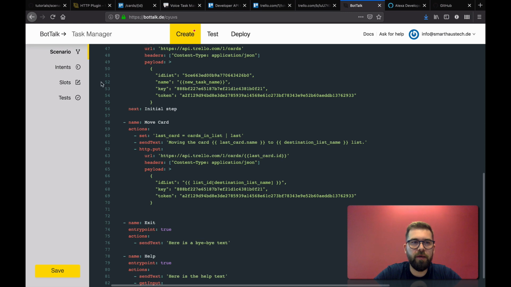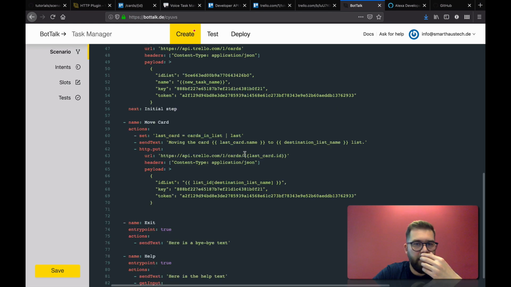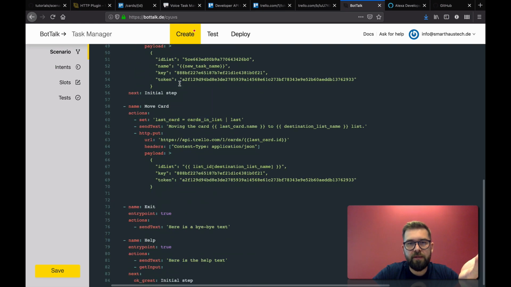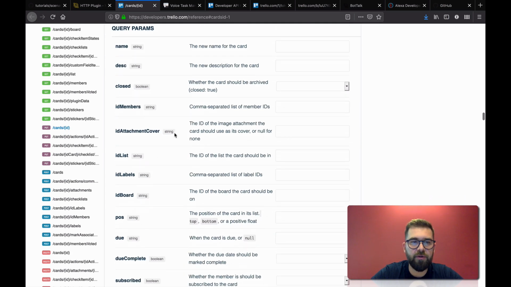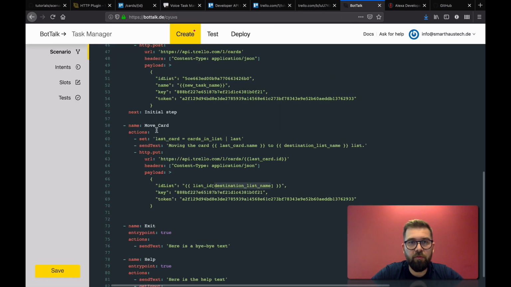And of course, through our intents and slots, we now have the destination list name as well. And because we created this additional set variable vars step, we can take this list ID and the destination list name from the user, and so we get the ID of the list straight away. Because moving this card, in the Trello documentation, is just changing one parameter, the ID of the list in this card. So basically this is the move card using the HTTP put, and we save it,